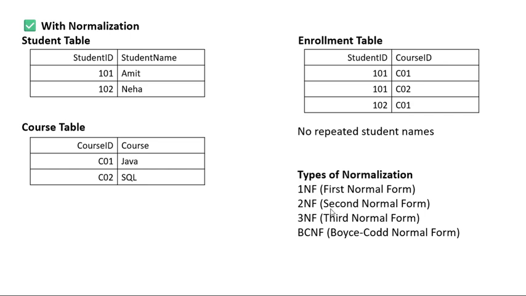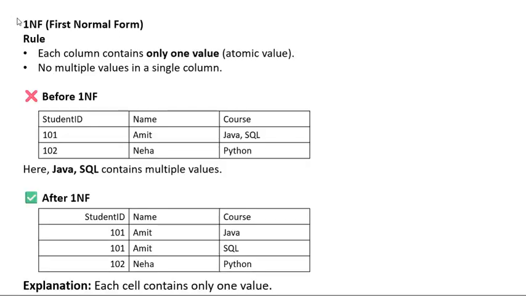And the types of normalization: first is first normal form, second normal form, third normal form, and BCNF, which is Boyce-Codd normal form. Let's check and explain all the details. First is